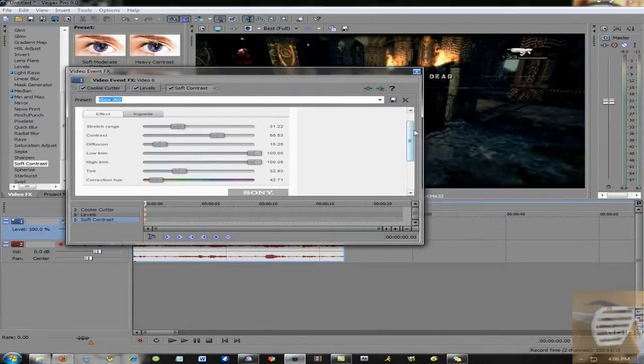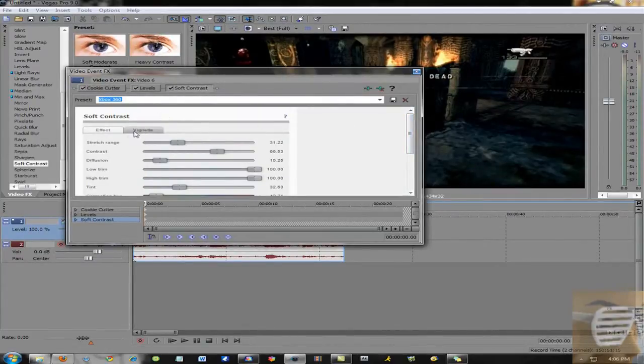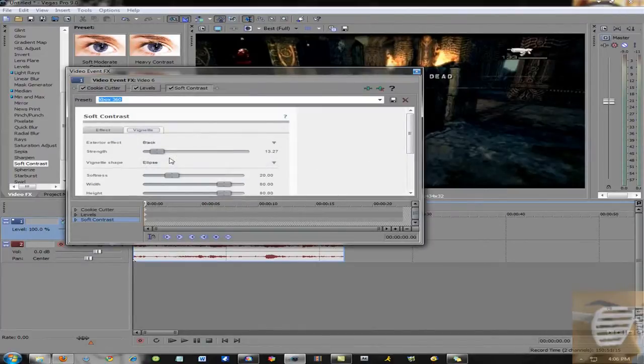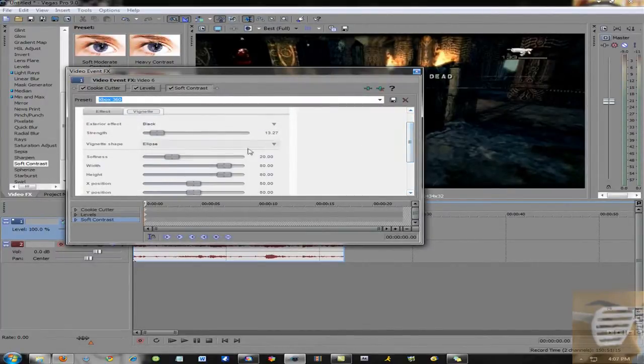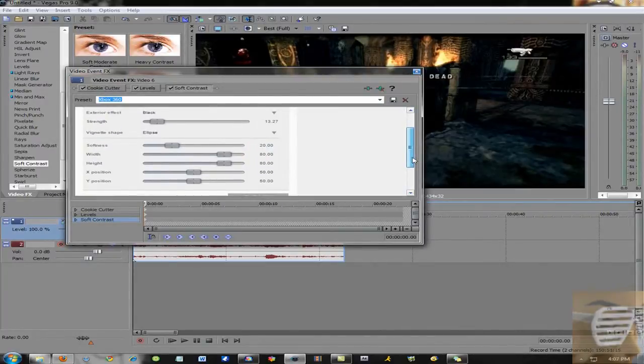Then there will be another tab if you go up, and it'll say vignette. The exterior effect is black. The strength is 13.27. The vignette shape is an ellipse. The softness is 20. The width is 80. The height is 80. The x-axis is 50. The y-axis is 50. So close that